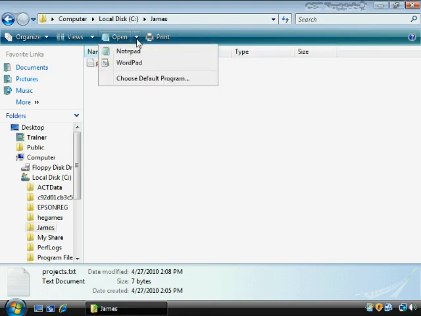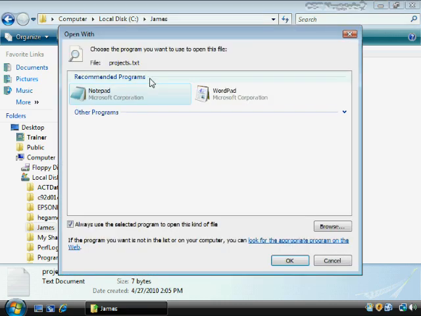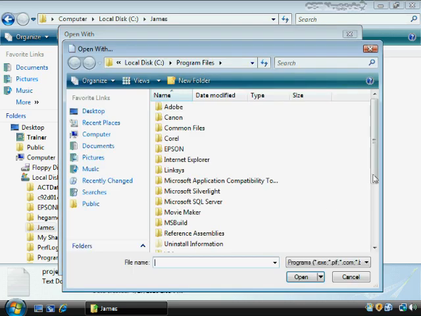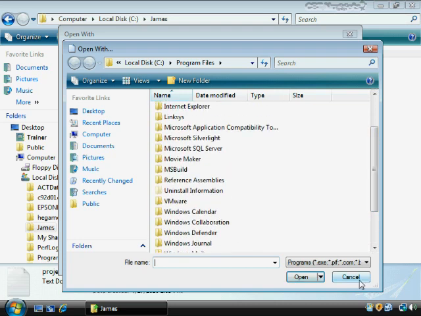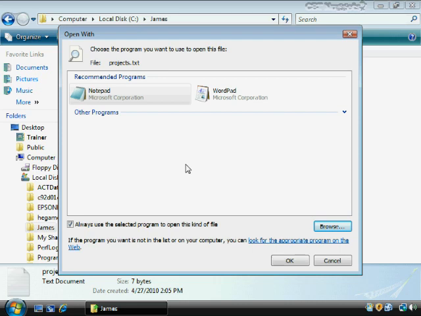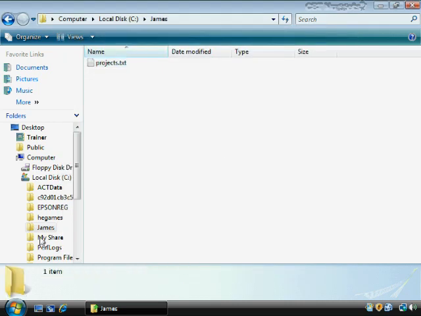Now, if I wanted to change the options, I could choose a default program to always use to open projects.txt. Maybe if I had Microsoft Word installed, which I don't, but if I did, then that might also appear up here. If it did not, then I would have to browse for it, and I would have to know that it's located under program files or wherever it might be located. So that, again, is going to be important to know: where different files are located in program files. So anyway, this is what I could do. I could use this interface to change that default.